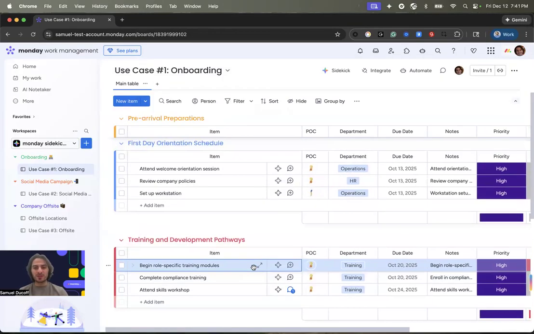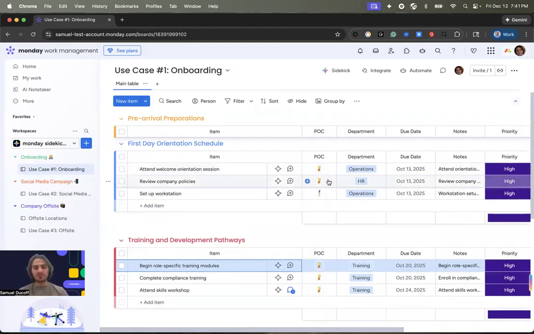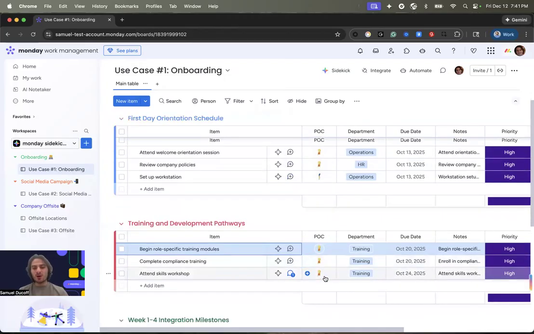Amazing. Another cool thing about Sidekick is that it can give you a board level analysis of really any detail you want it to. So let's say that, as an HR person, I'm worried that maybe some employees are falling behind or they're stuck on some items. I want Sidekick to find all that information. And then what I want it to do is take a step further. I want the Sidekick to craft an email response for our POCs. So in this case, Lisa Simpson. And I want that Sidekick to create the email like format so that the POC can send it to the employee that's stuck. So what I'm going to do is I'm going to grab my handy dandy prompt,